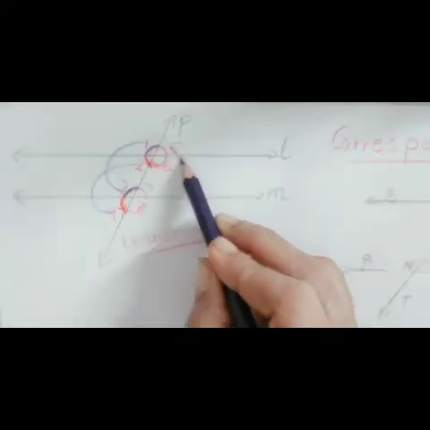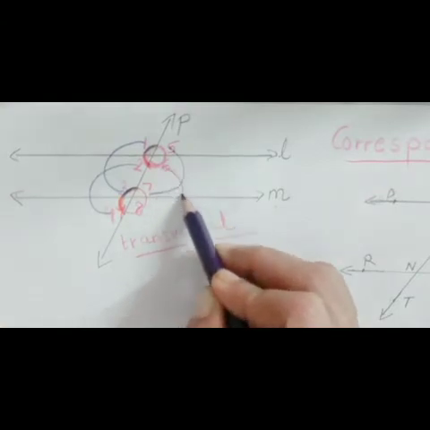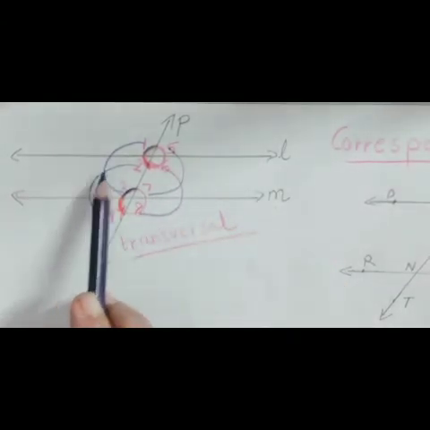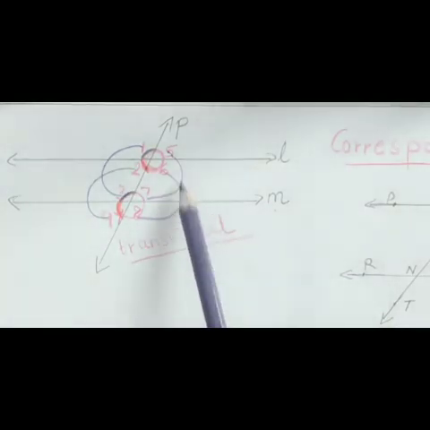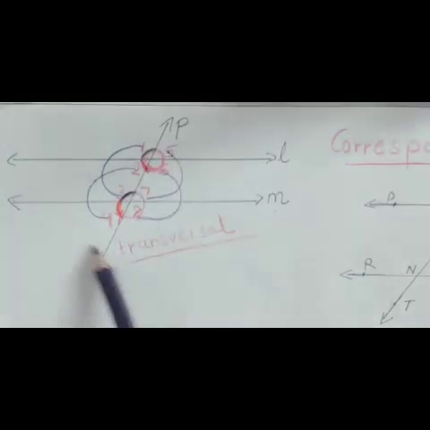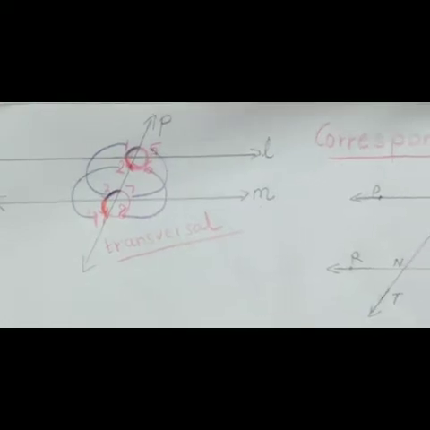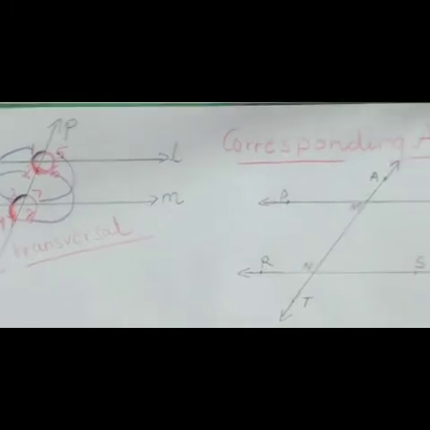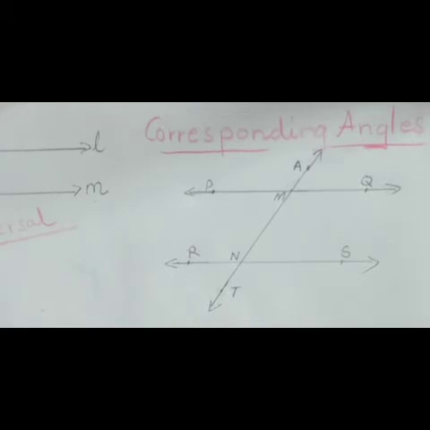So here 2 pairs we got, and now here we will get 5, we will leave 6 and we will join 7. So 6 and 8, 5's partner is 7, 6's partner is 8, we left in between. So this is on left hand side, this is on right hand side. So left hand side 2 angles, and a pair of 2 angles means all 4 angles are there, but pair jodi lagana hai. And on right hand side 5, 7, 6, 8 means 2 pairs we got. So here you can understand it better.